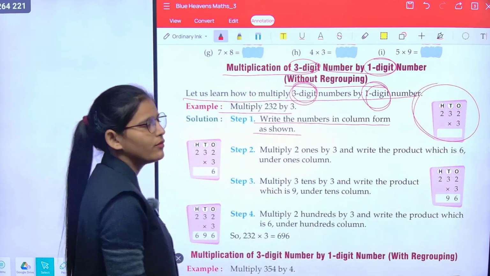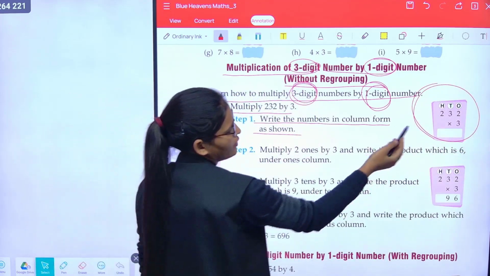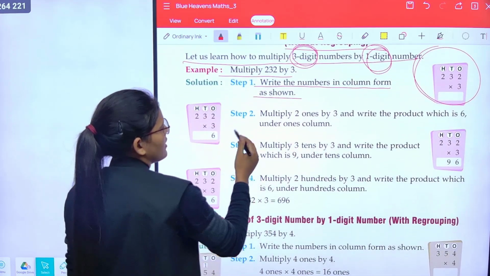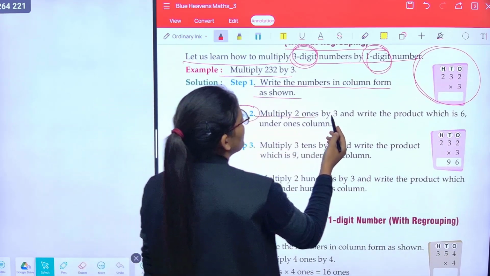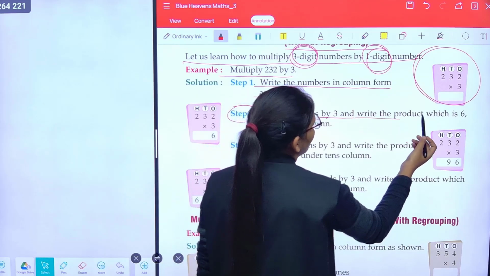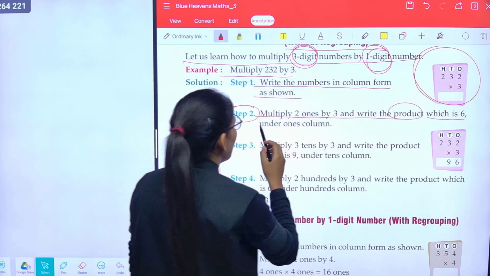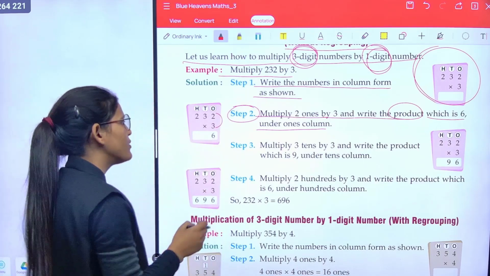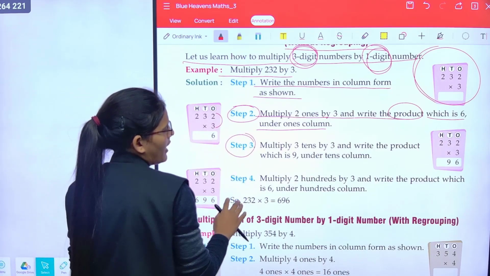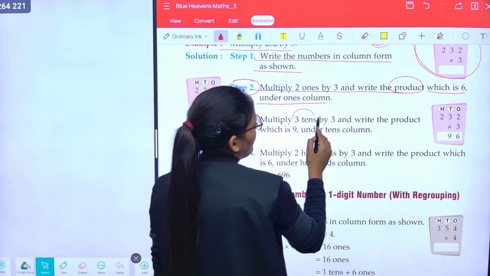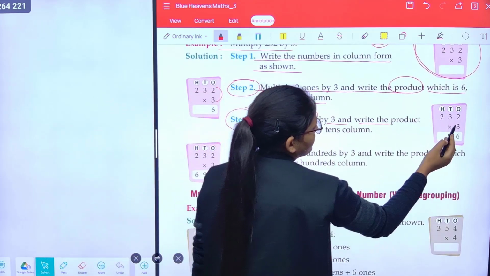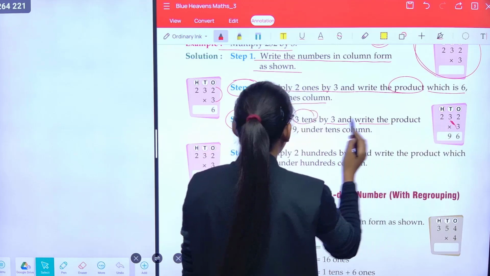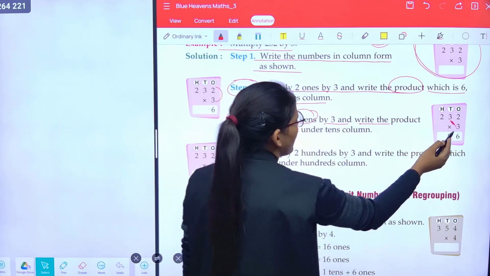Okay, we have to firstly arrange the numbers in columns like this. Now step 2, multiply 2 ones by 3 and write the product, which is 6, under the ones column. 3 twos are 6. Understood? Step 3, multiply 3 tens by 3. The product is 9, 3 threes are 9,